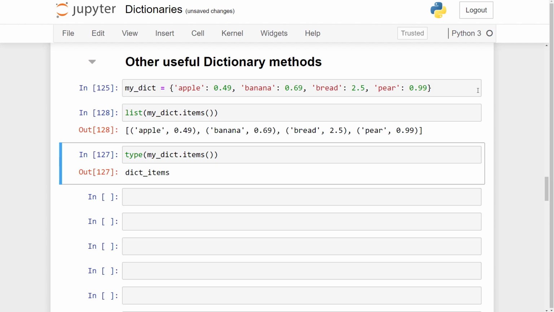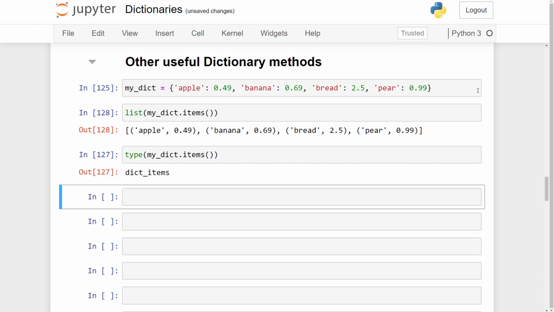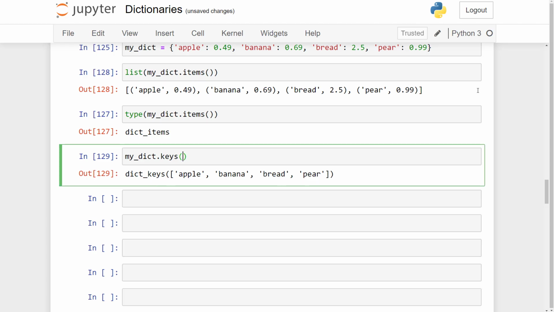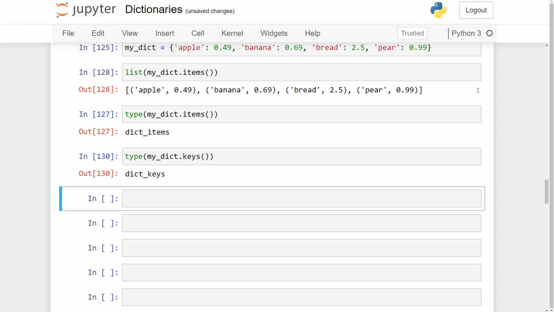But how do we access just the keys? Well, we can use the keys method. So we can put my_dict.keys, and this brings back the following. So you can see here we have a list of the keys in our dictionary, but the object is of the type dict_keys. So we could pass this into the list built-in function, but this will simply turn this list of keys